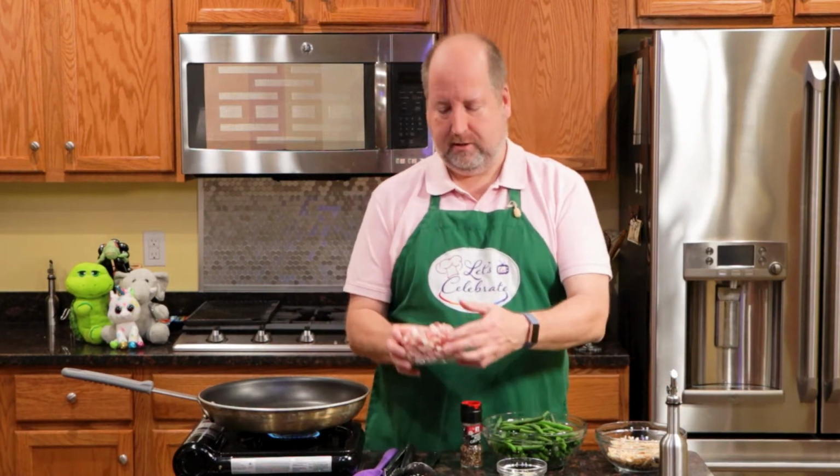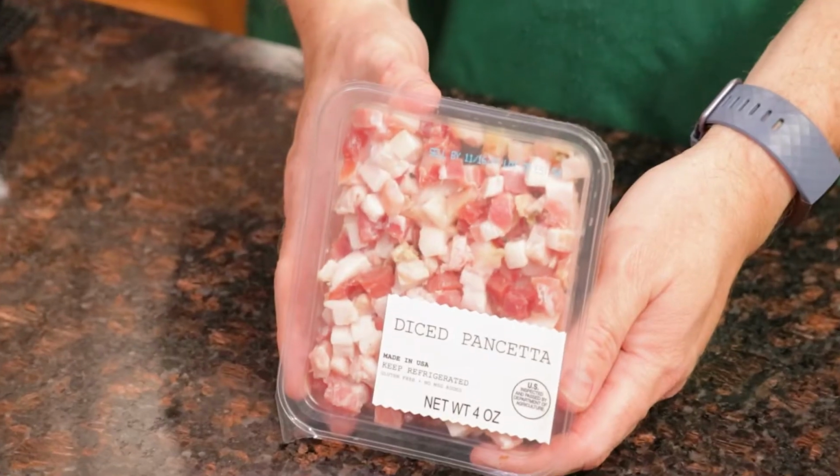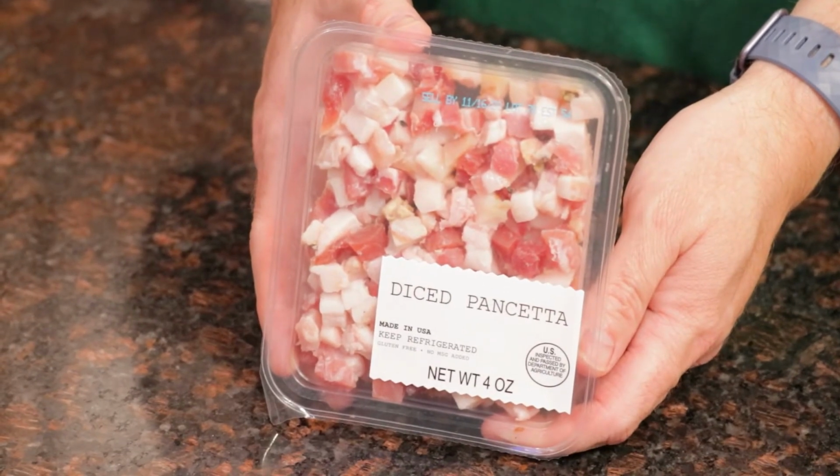To that, I have 8 ounces of pancetta. Pancetta is a salt-cured Italian bacon. Our bacon here in America is smoked and spiced. Theirs is salted and sometimes spiced, but it's cured with salt. It's not smoked. Now I bought this all pre-diced. You can buy it in a big chunk if you want, but if you can find it diced like this,